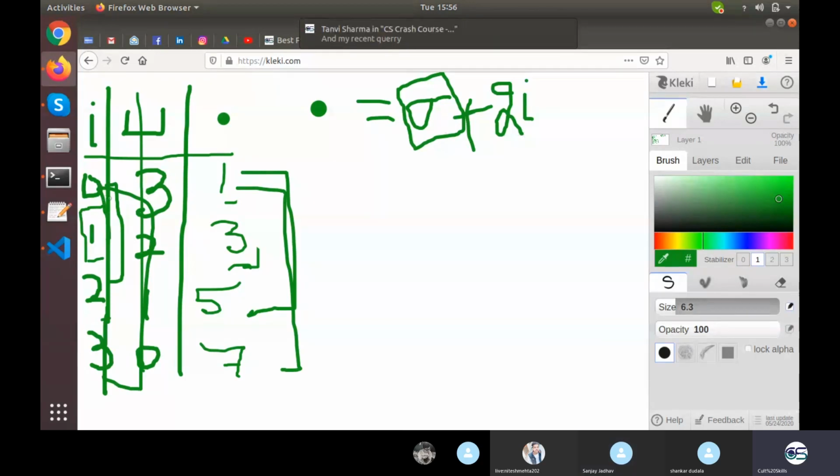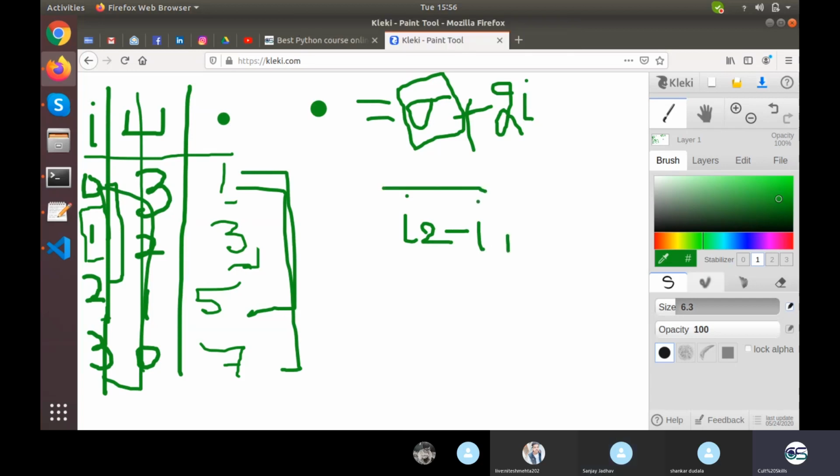What I want to say is always check it with this factor, that I2 minus I1 should be on the bottom, and on the top it should be dot 2 minus dot 1. Let me just draw it first, then I'll explain. Let's draw the dots.